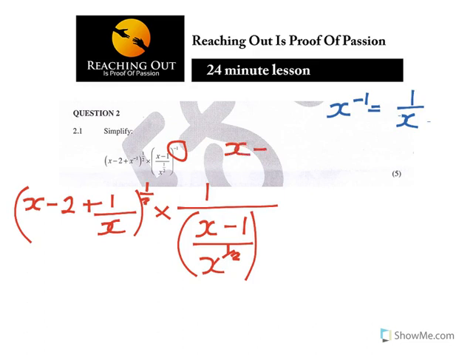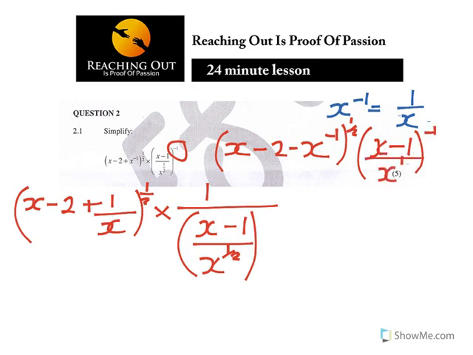It says x minus 2 minus x to the power negative 1, to the power half, multiplied by x minus 1 to the power negative half over x to the power half. That's how it's written in case it's not clear. Now what you need to know in mathematics, when there is 1 over that, this will go on top. And also